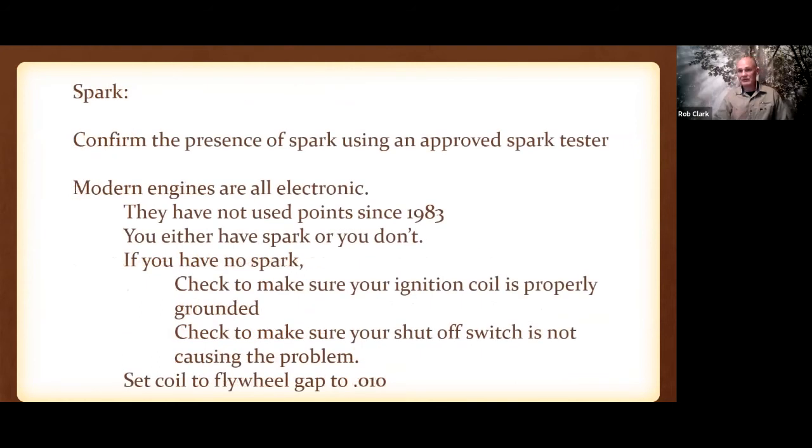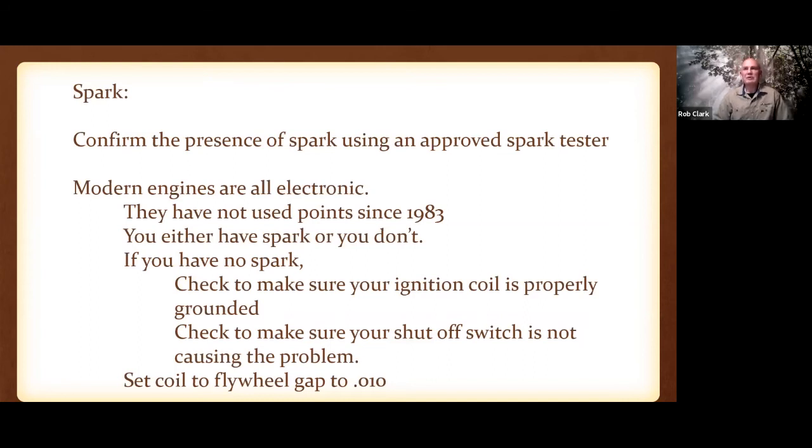So spark, let's cover that first. Spark is the easiest thing to check. You simply confirm the presence of spark using an approved tester. All engines are now electronic ignition, and they have been since 1983 is when the manufacturers stopped using point ignition. So nowadays you either have spark or you don't.